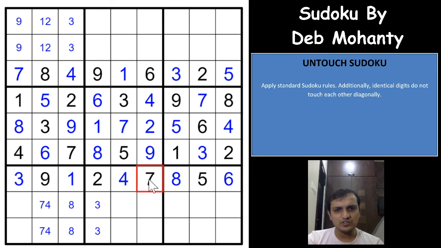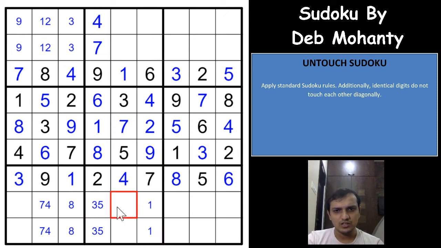And if you see 4 and 7, this column will have to have 4 and 7 in these two cells, right? Which means you already have a 4 here, this has to be 7, this has to be 4, right? And these two digits will have to be 3 and 5 in any order, right? So 3 and 5. And if you see, 1 has to be in one of these two cells, 6 and 8, and 6, 8 and 9.